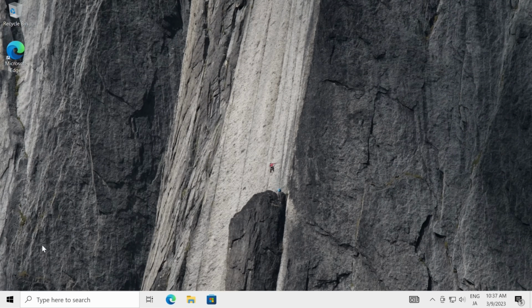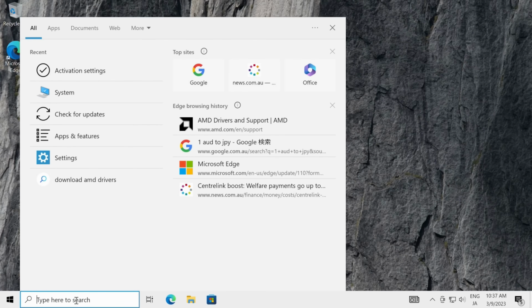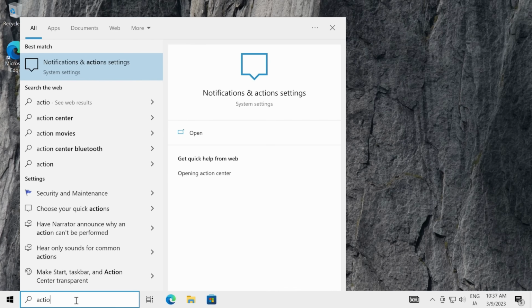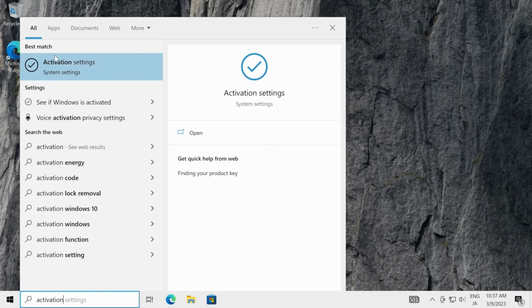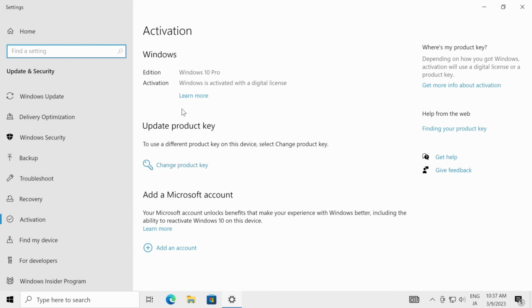So if you just want to check if Windows is activated, you can left click down here where the search bar is and then type in activation and left click activation settings, and then this will tell you if Windows is activated here. As we can see here, this copy is activated with a Windows 10 and it's a digital